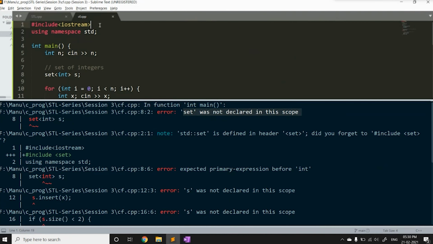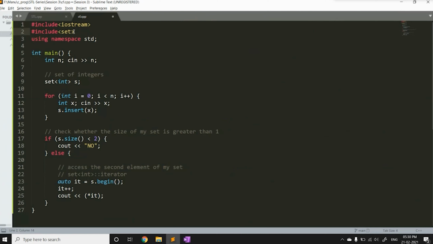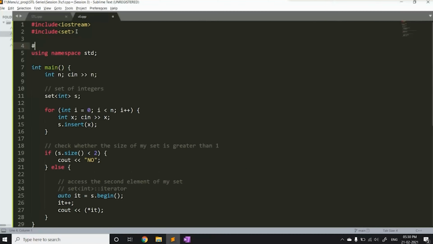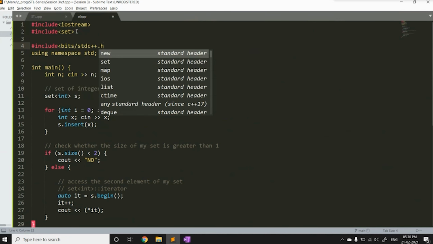In fact, let me tell you a trick. You will be using these STL containers all the time. So do you want to write the header files every time you use these functions? No, right? So instead of writing iostream and then set, I will use a trick here. I will just write #include <bits/stdc++.h>.